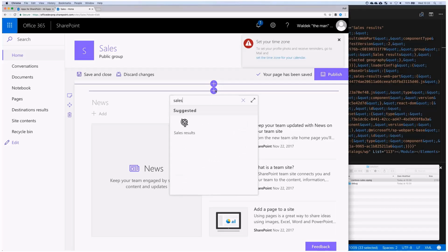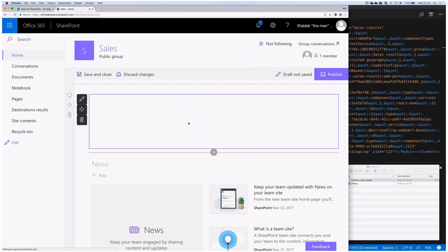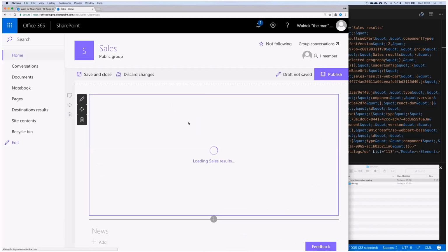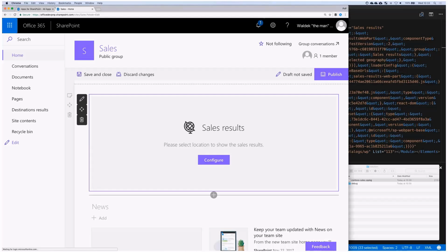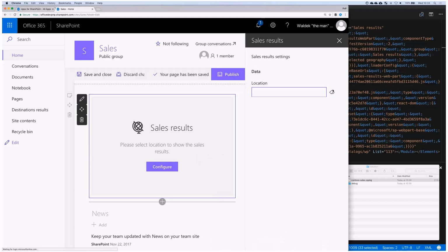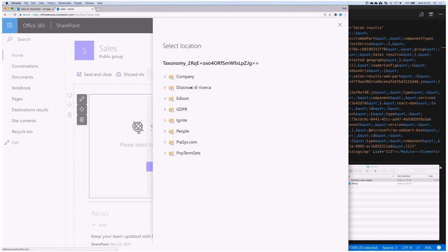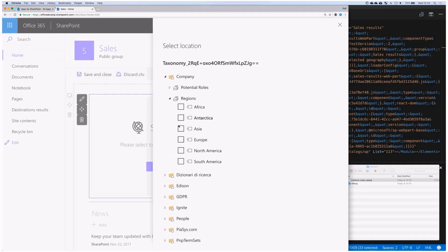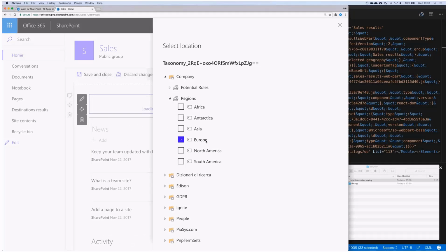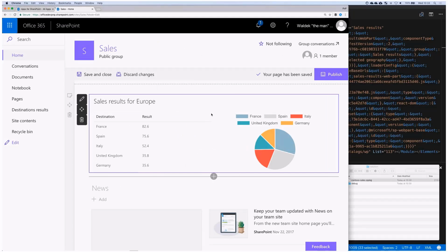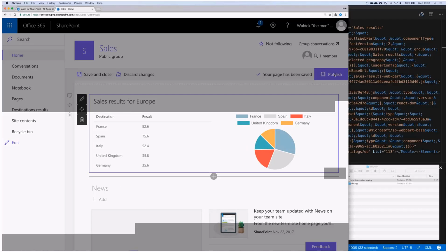Because the package that we've built has a web part, which we can add to the site. So here we look for sales, which is our web part. We add that. And now we can already see that it works, right? So let's quickly configure that so we can see some nice data. Let's choose region Europe. And we can already see that it works, right? And if we publish the page